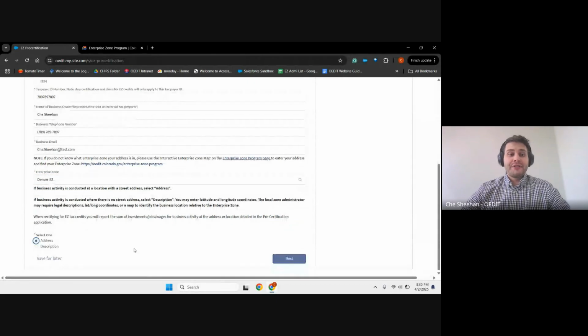You have two options in terms of how you enter the enterprise zone location. You could do it by a location with just a street address, or if you are pre-certifying multiple locations within the same entity, you can select description and enter multiple addresses by attaching an Excel sheet.